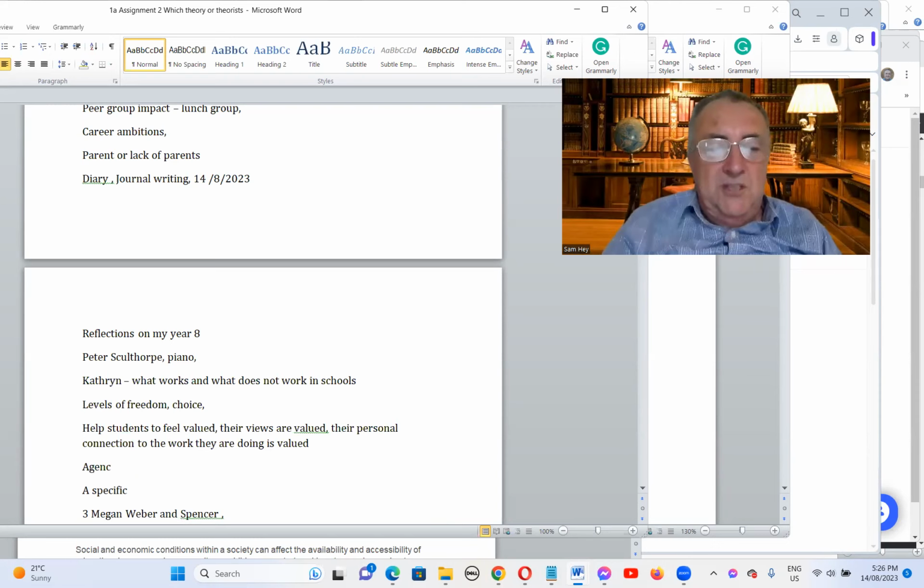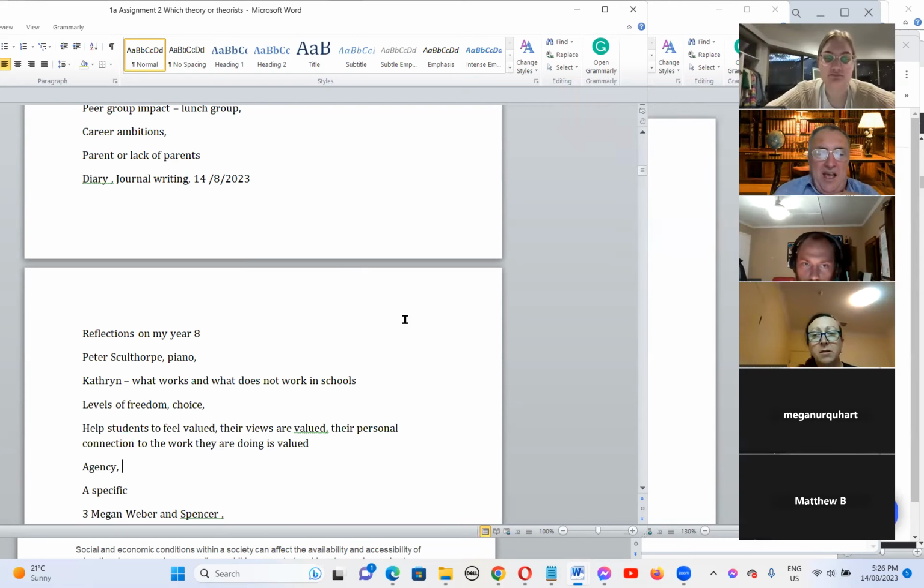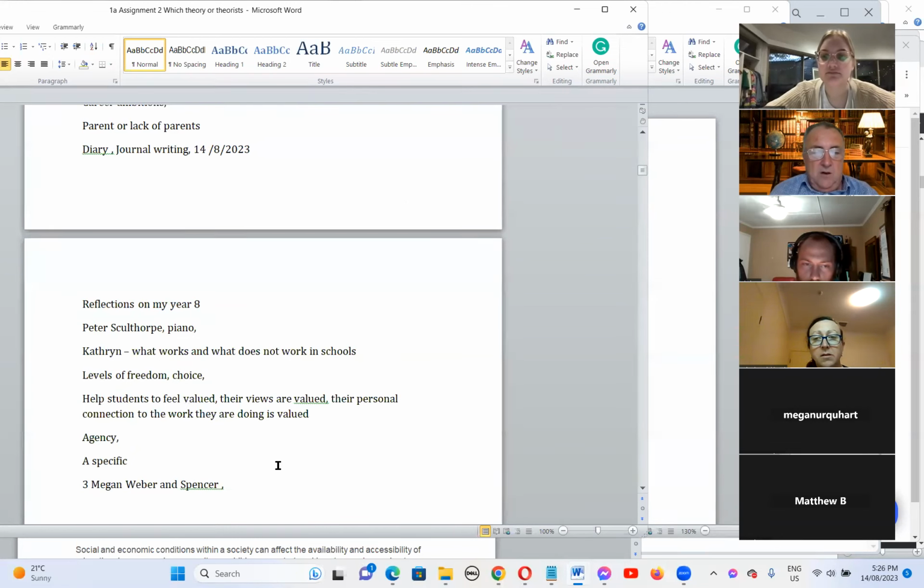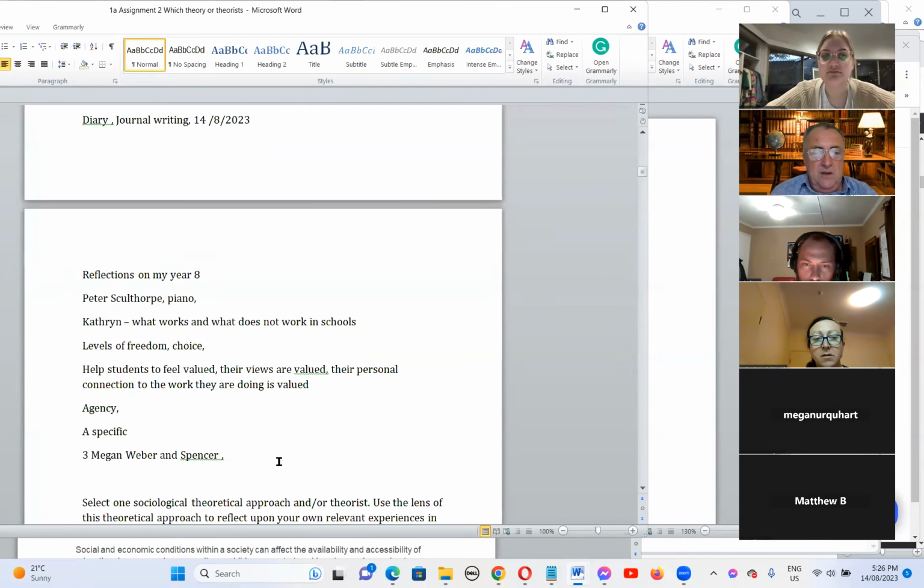And we sometimes call this agency, by giving children agency, helping them make choices. And as parents give agency to children, that's quite different to another family that might be quite strict and imposing views on them.